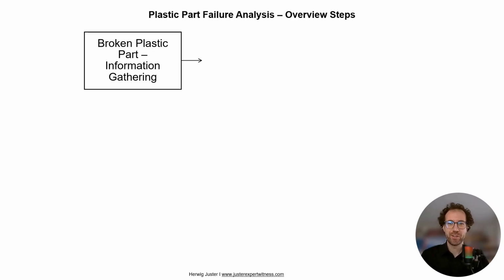My name is Herwig and today I give you an overview on the steps which you can take to make a plastic part failure analysis with the aim to find out how and why a certain plastic part broke. So the first step is you obtain the broken plastic part and you get the information. You get information when it happened, where it happened, the conditions, processing history. So as many informations that you can get, you gather, because that we need then in the later